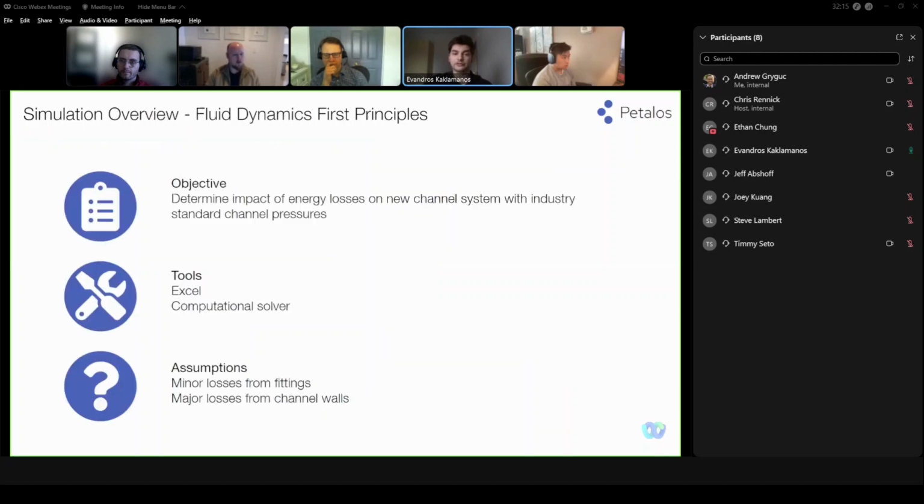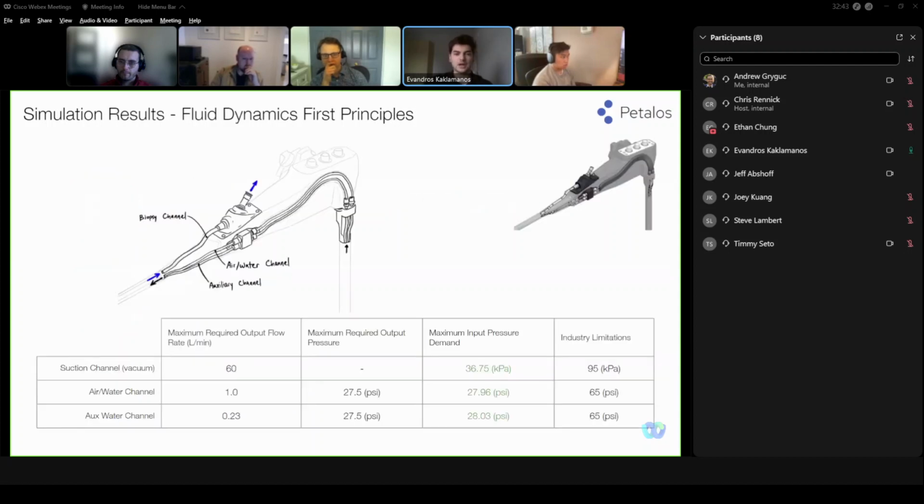The final simulation performed was a fluid first principle analysis on our channel system. Each channel component, namely auxiliary water, air water, and suction, has set industry specifications. We used Excel and the computational solver add-on to solve for each channel pressure. To measure these pressures, we formulated the channel and fitting relations with Bernoulli's equation. As part of our assumptions, we considered minor losses from our fittings and major losses due to the friction of our channel walls. Modeling fluid